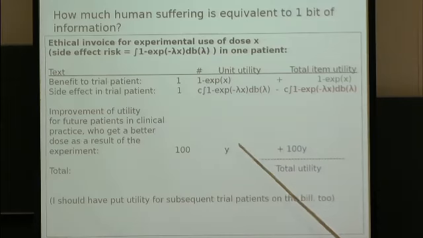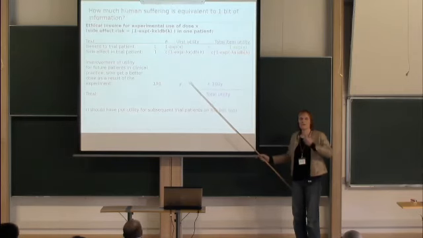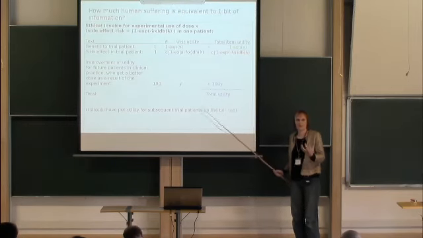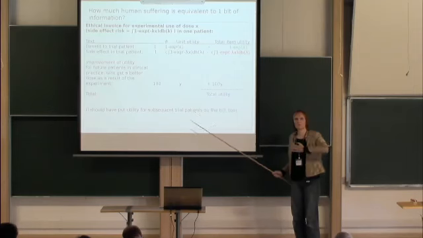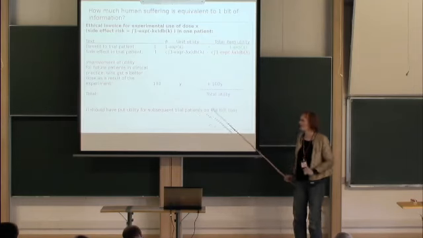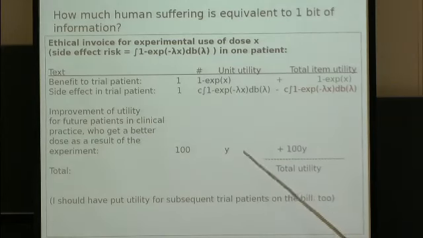And then we somehow, and I will return to that shortly, calculate the impact from the information gained from the experiment on the utility of future clinical trial patients, and multiply that by the number of